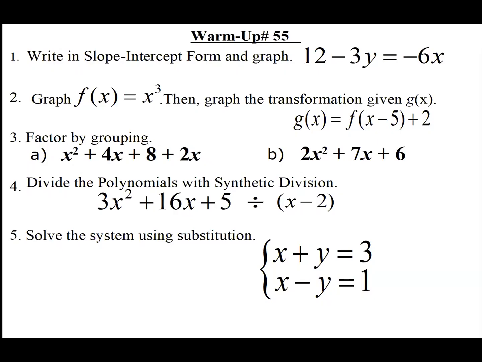Warm up number 55 is on the screen. Number 1 reads write in slope-intercept form and graph, and they give us 12 minus 3y equals negative 6x. Number 2